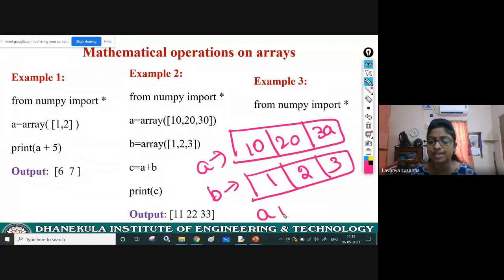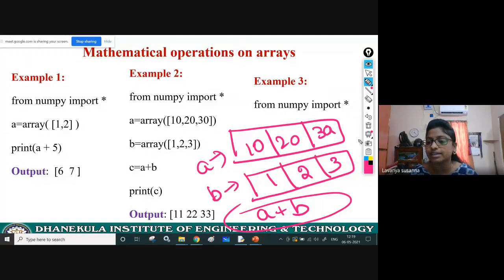Just give A plus B. A is an array, B is an array. A contains 10, 20, 30. B contains 1, 2, 3. If you want to add each element like this, 10 plus 1, 20 plus 2, 30 plus 3, just apply the addition operation A plus B.